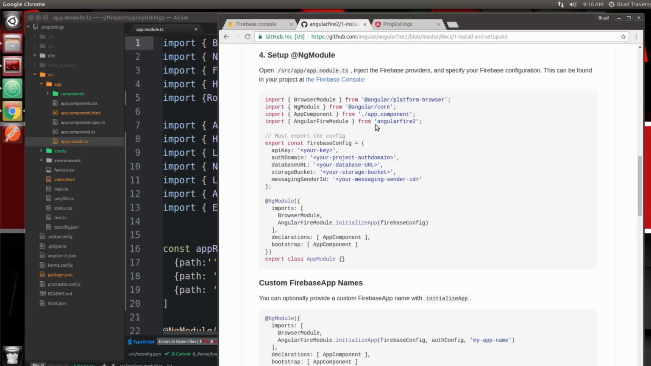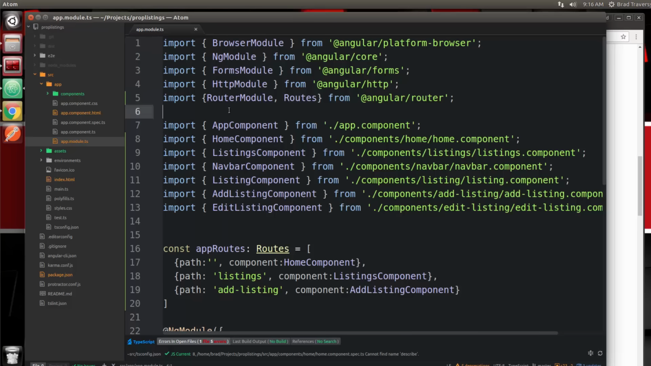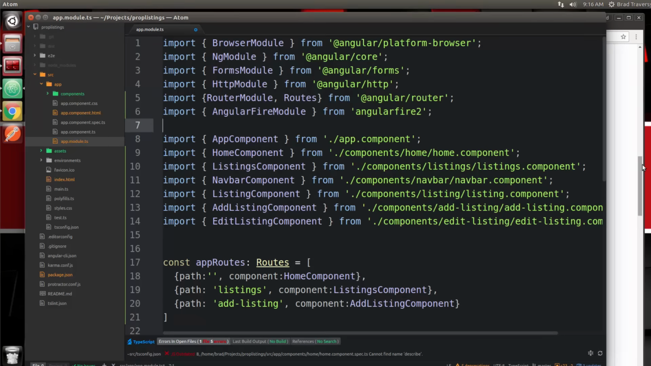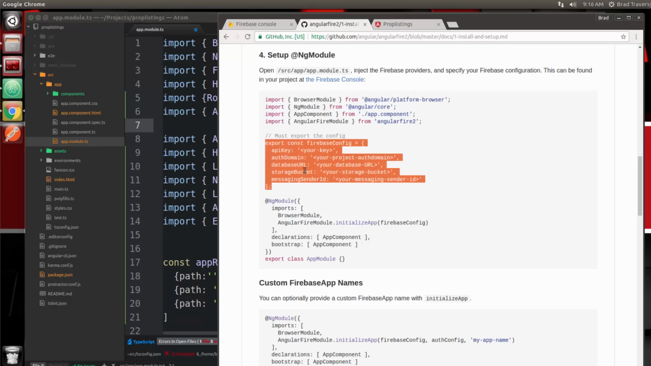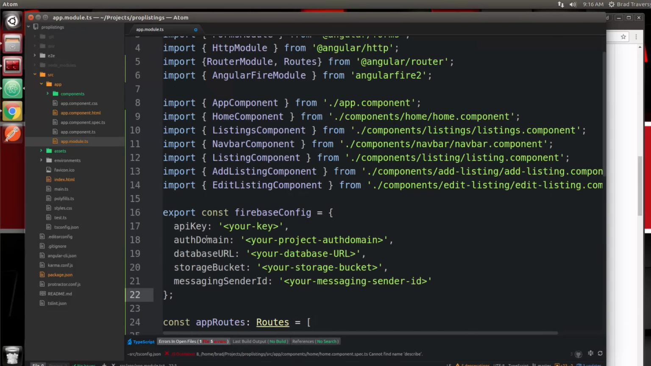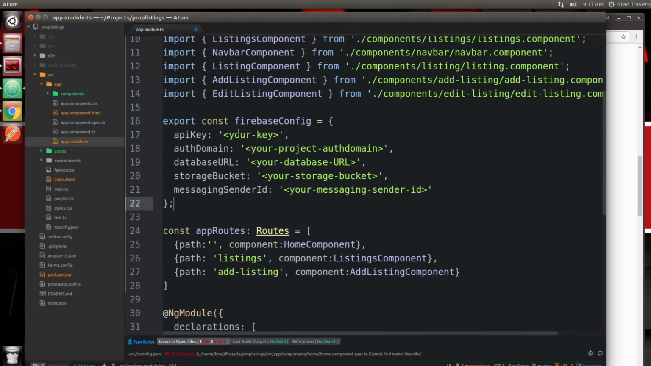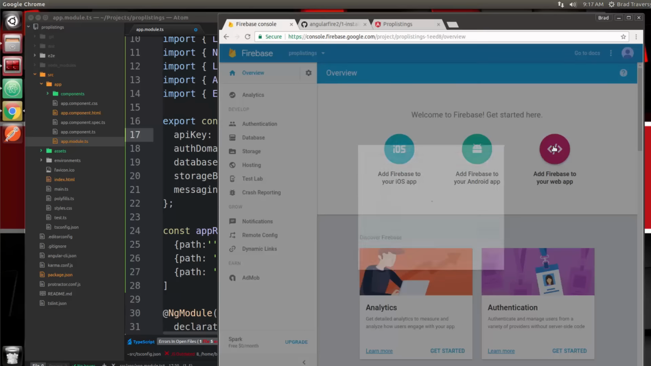Okay, so first thing we need to do is bring in AngularFire. So let's grab this and we'll copy, and I'll paste that right in there. And then we need to bring in our Firebase config. Okay, so let's just grab this, copy it, and I'm going to put it right above the routes. And then this information we can get from Firebase. So let's go to the console, and we want to click this add to your web app,